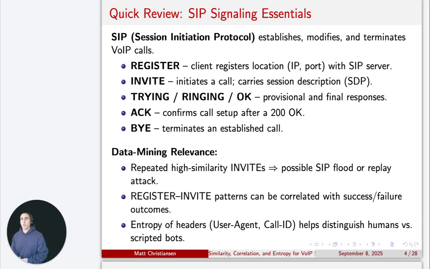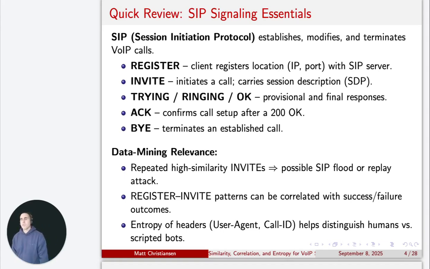We can compute correlation. We can compute entropy. And we can see the actual human speech. We're going to be looking at RTP data. But with SIP signals, we'll be looking at how the calls are orchestrated. And we can do some analysis on it and see if things are scripted, bot-like, or if it's genuine humans. And this could help us figure out about SIP floods and other attacks